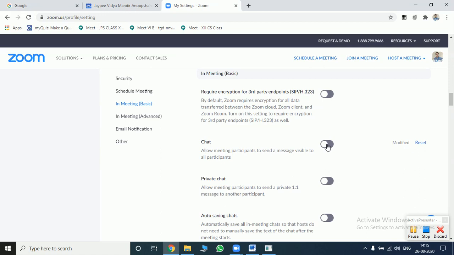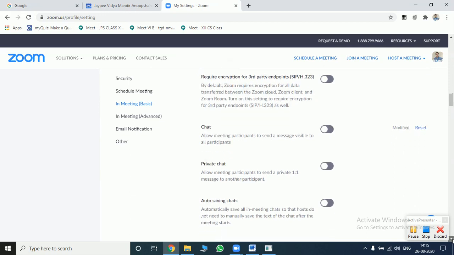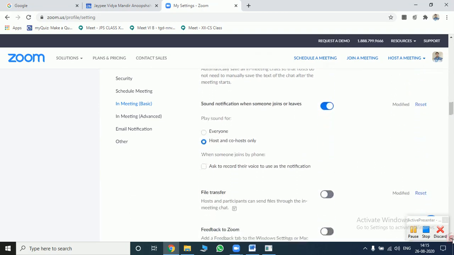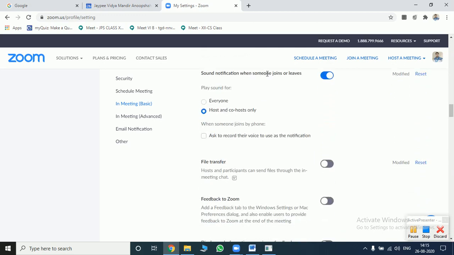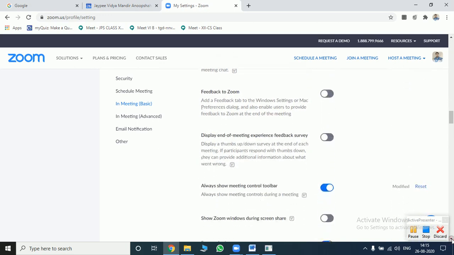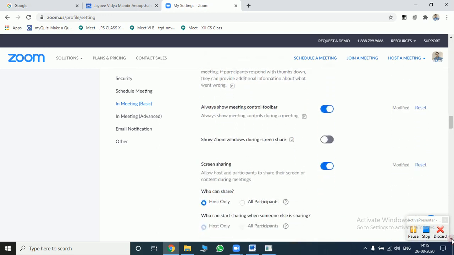Means group chat is not allowed. They can send messages privately to the host. That's it. So this setting you can start or stop from here, right? Sound notification: when someone joins or leaves, only the host or co-host should be intimated by the sound that someone is leaving or entering.